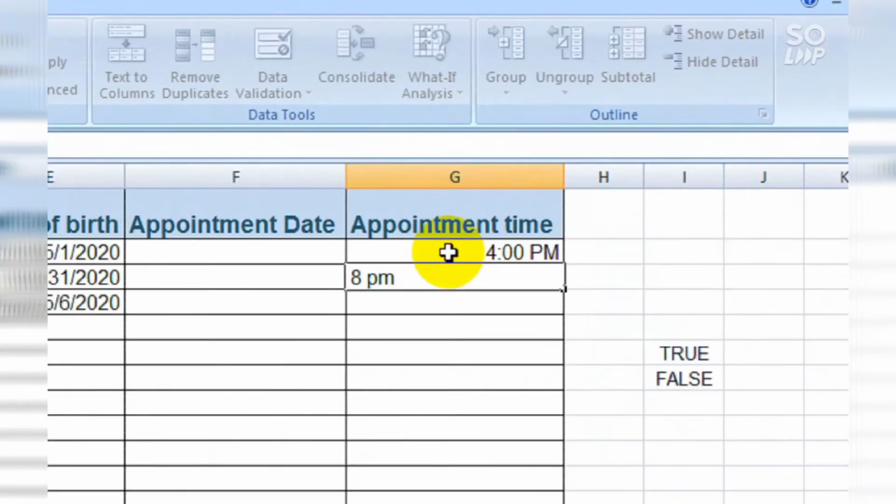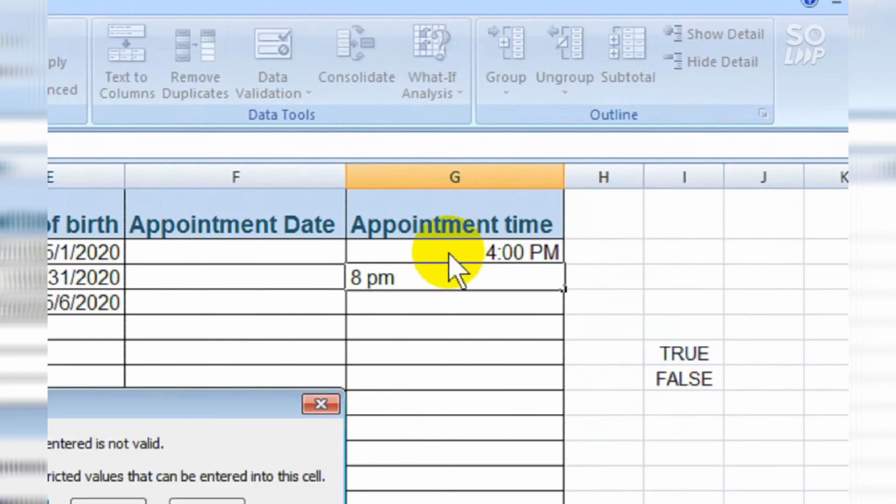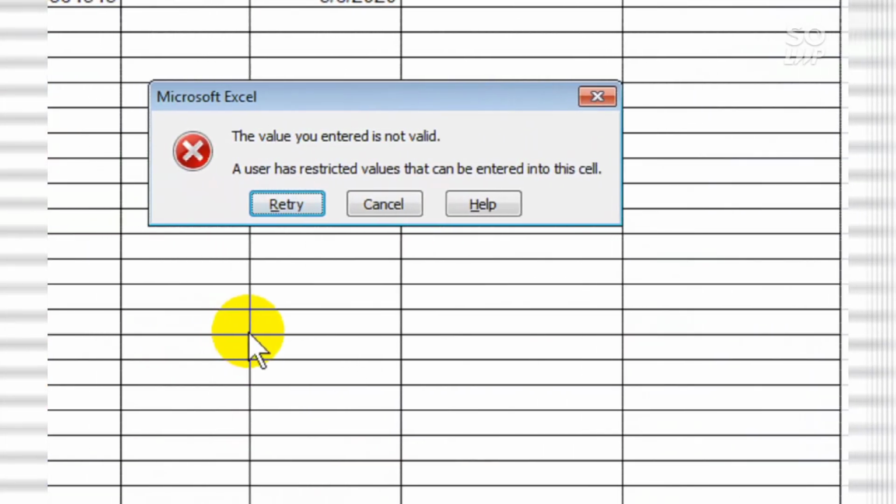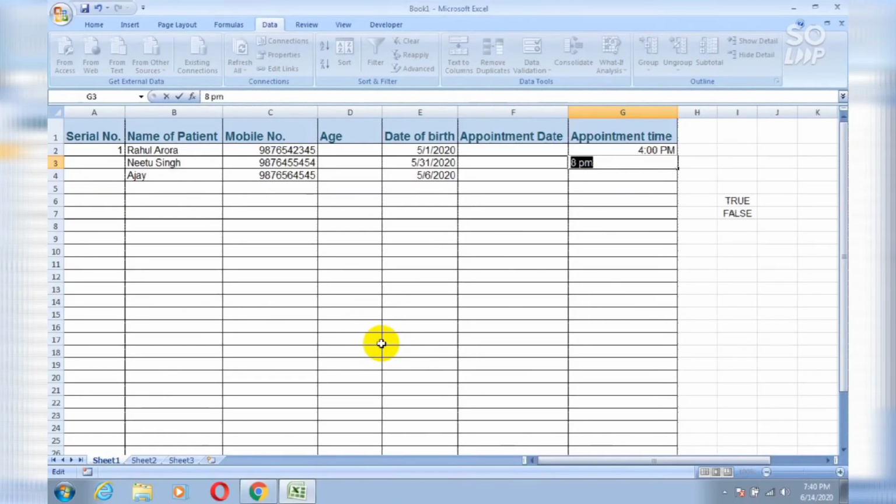8 PM. So as you can see, when I press enter after 8 PM I got an error, that is the value you entered is not valid. So again click on retry and start typing any time between 9 AM to 7 PM only. So I typed 2 PM and then press enter.